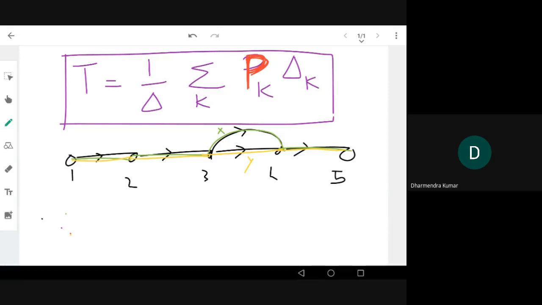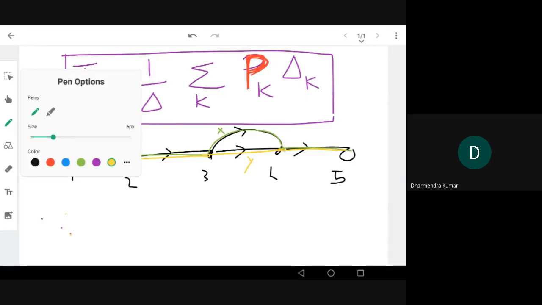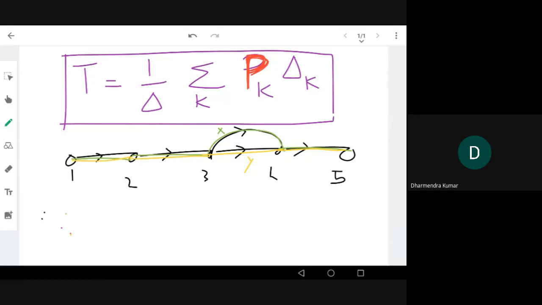Maybe some gain. I'm representing x and y by some gain. Okay. So suppose I have something like this also. Suppose I have feedback from 4 to 2. Now how many forward paths are there? Same. The forward paths remain the same, because right now we have a feedback path added, but it doesn't change the forward path. Okay.